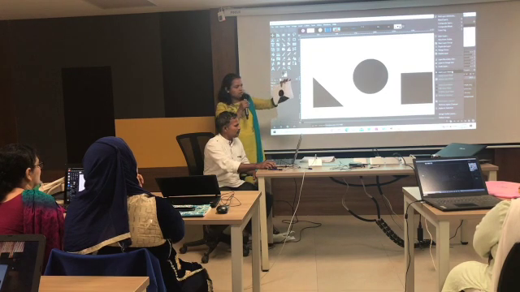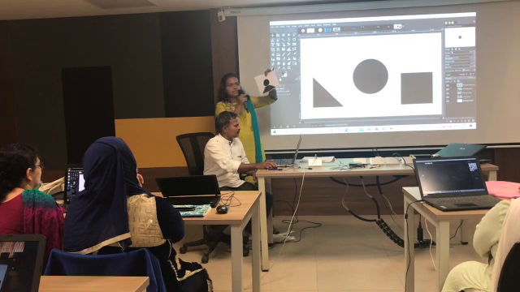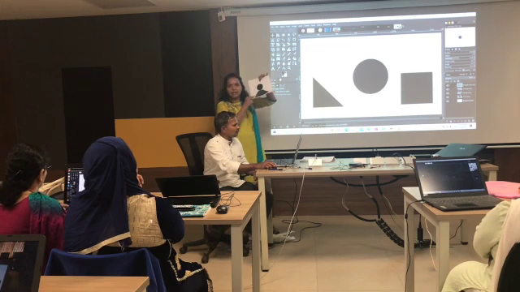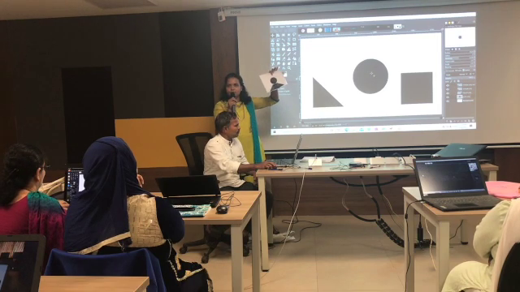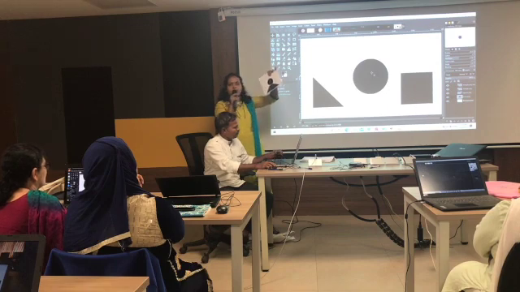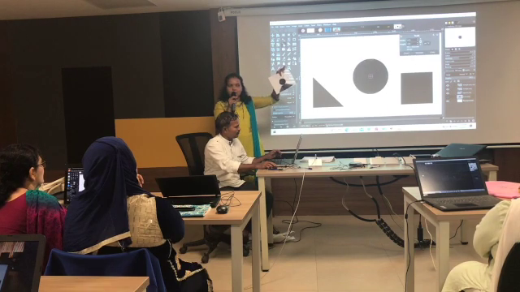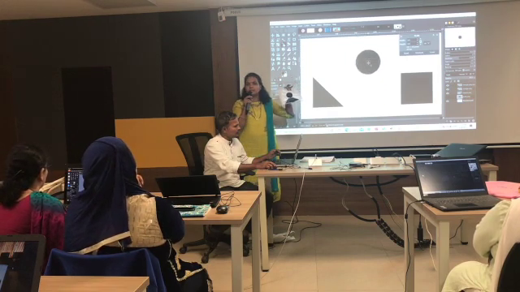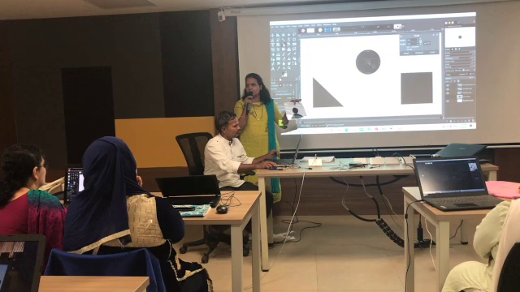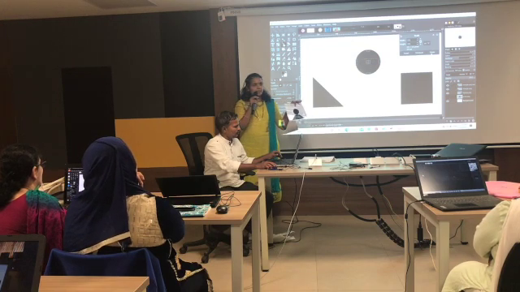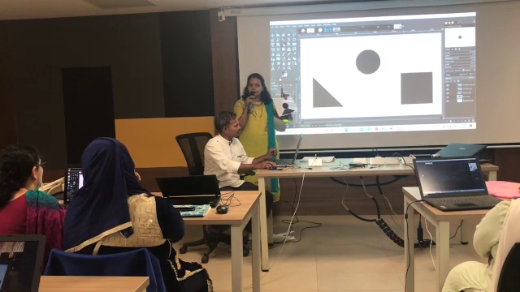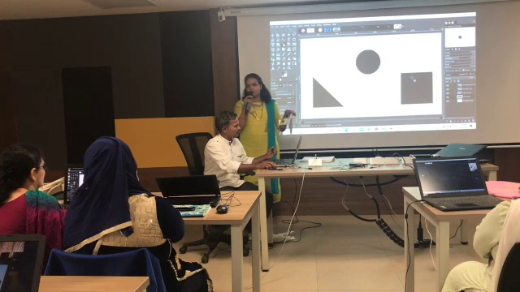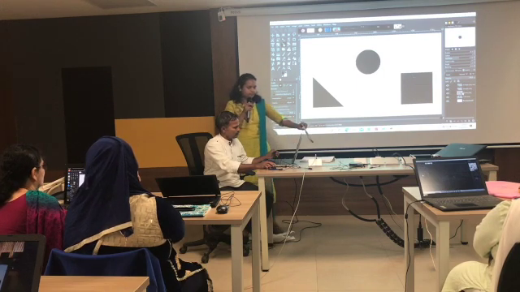Because circle will be on one layer, square will be on one layer and the triangle will be on another layer. Suppose I want to make changes to each layer. Am I right? Yes. So I am going to make one image and then I will move it wherever needed. Okay?